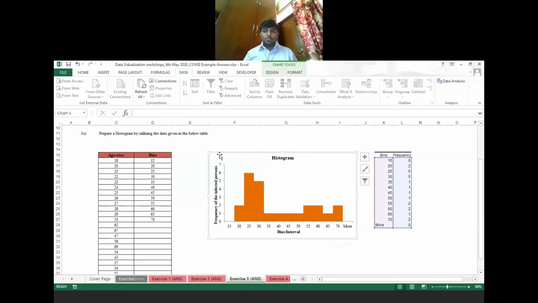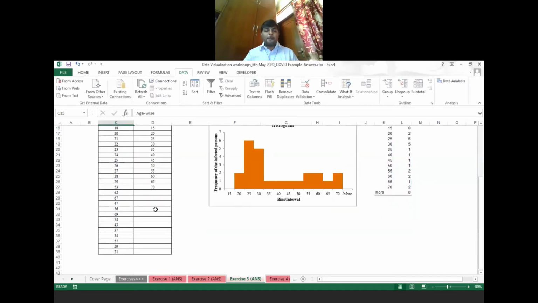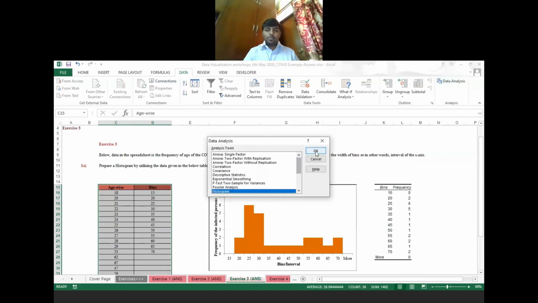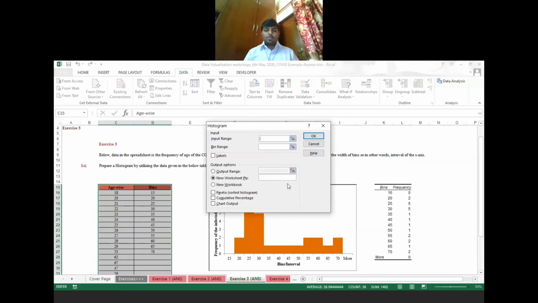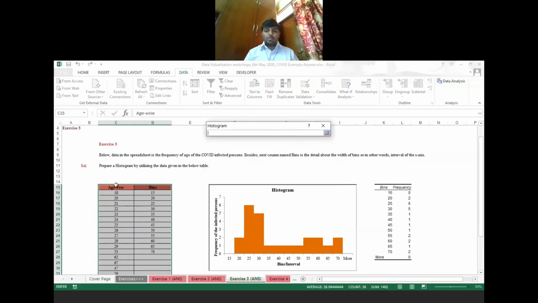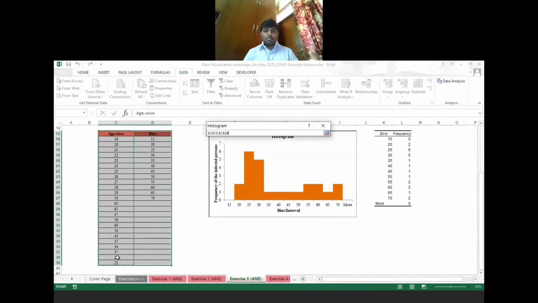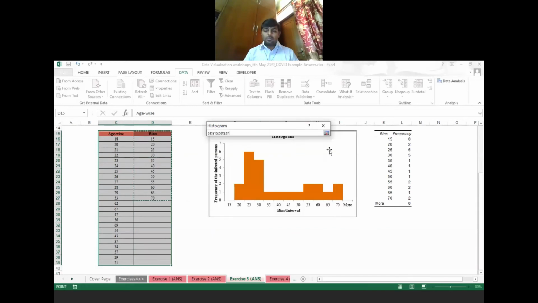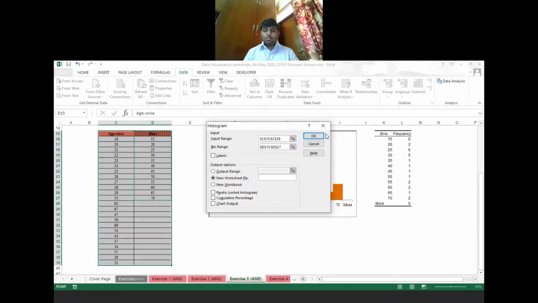Yes, sir. So in tomorrow's session, I'll let you all learn how to add the toolkits and all those things. But for today's session, I'll just simply move forward by clicking and making the histogram. Simply select the data, just follow my screen, go to the data option, simply go to the data analysis tool. You will get a histogram option, then select OK. For input range, you have to select this option.